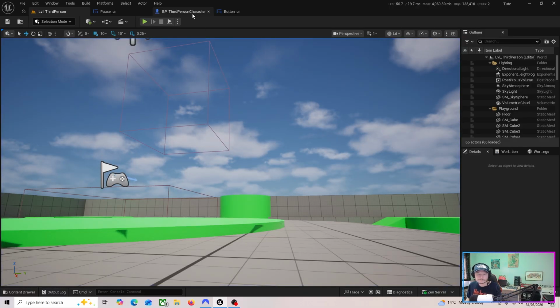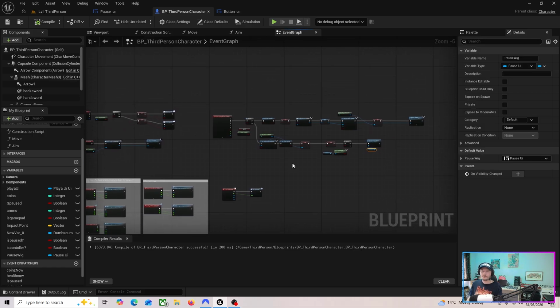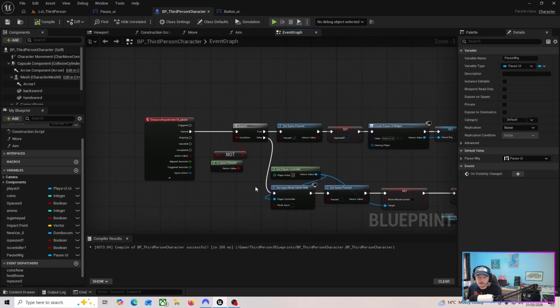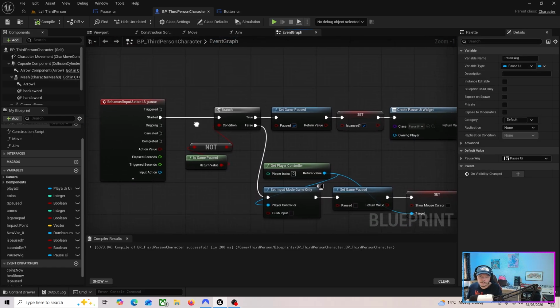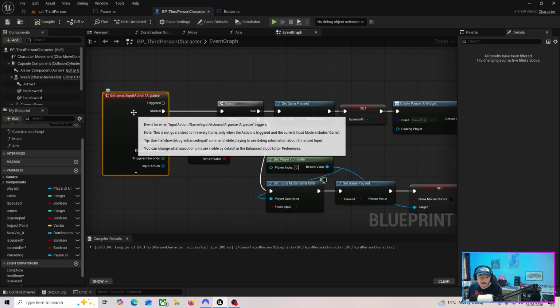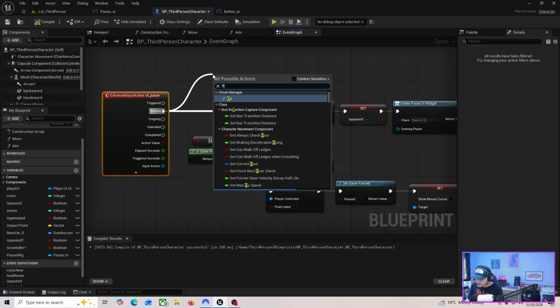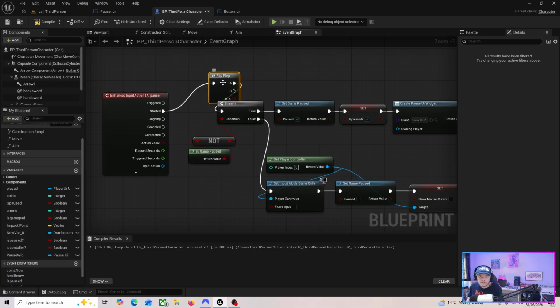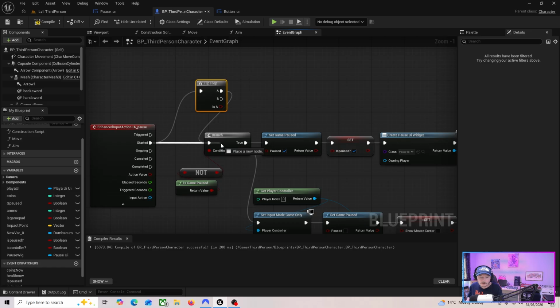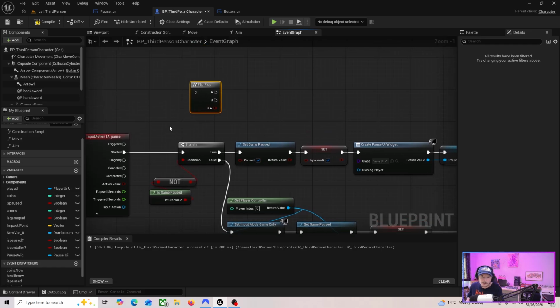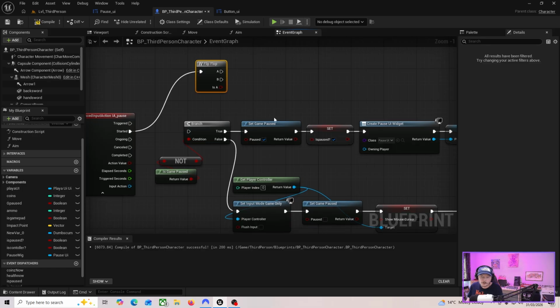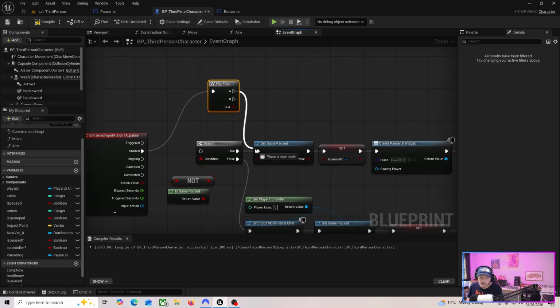Right, so when people are making pause menus and showing you pause menus, what they'll do on this input action, so we're in our third person character, where we made the input to make the pause menu onto the screen, some people will say, from here, they'll get a flip-flop node, and the flip-flop node will do this logic. So they'll come off here, but I'll show you what happens if you do this, and they'll go, when you press it once,